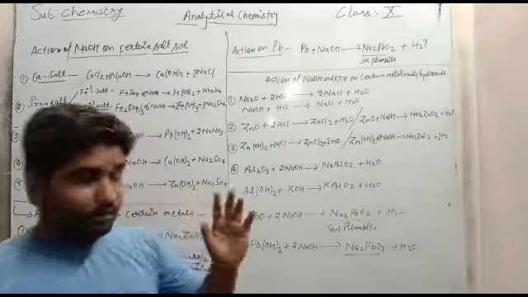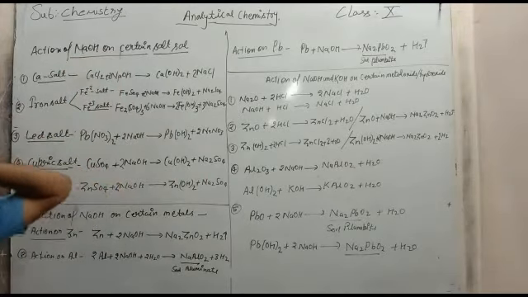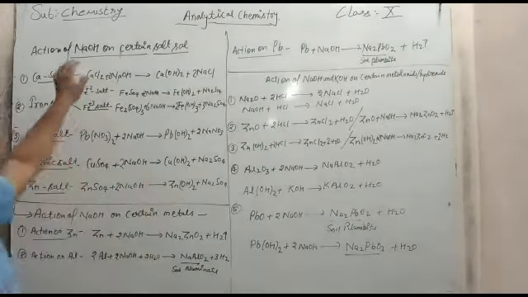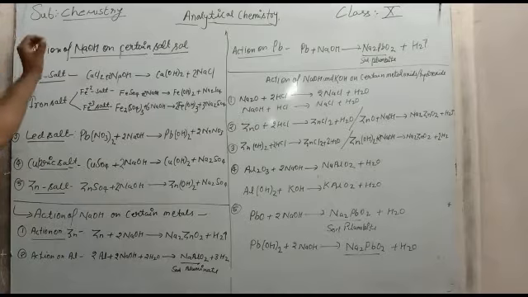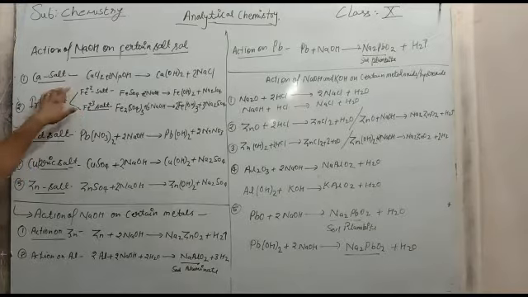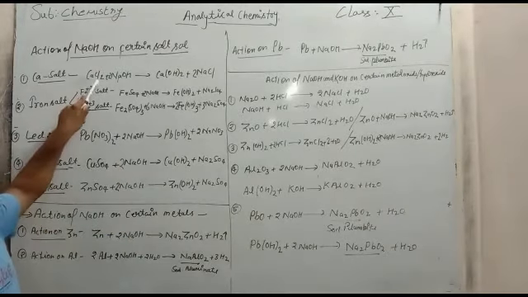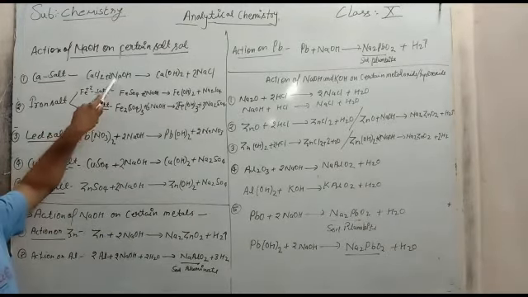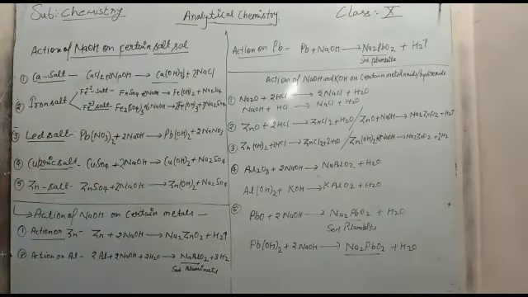Okay students, now the next topic, action of sodium hydroxide on certain salts. Sodium hydroxide is also known as caustic soda. It is a very good reagent used in quantitative and qualitative analysis in the chemistry lab. First salt is calcium salt. When sodium hydroxide reacts with calcium salt, calcium hydroxide precipitate is formed. Like this, calcium chloride reacts with sodium hydroxide and gets converted into calcium hydroxide, which is a white precipitate.